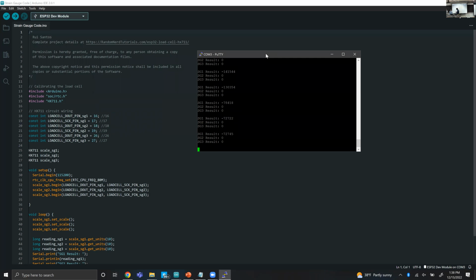But the idea behind this, or at least what we're trying to show, is that if you flex the load cell, the reading will change. So it does show that it's changing, either way you flex it. And the nice thing about this is it's actually running right now in a PuTTY